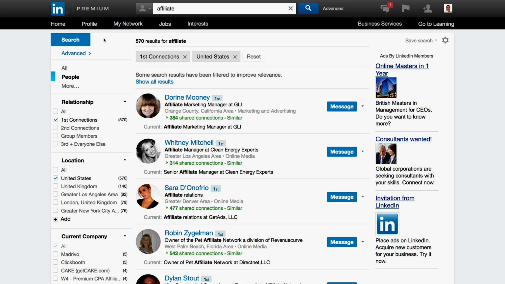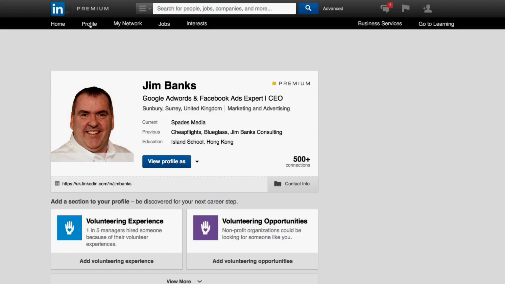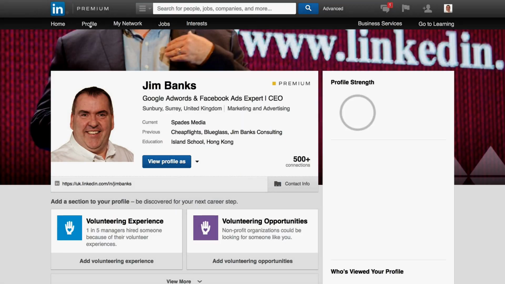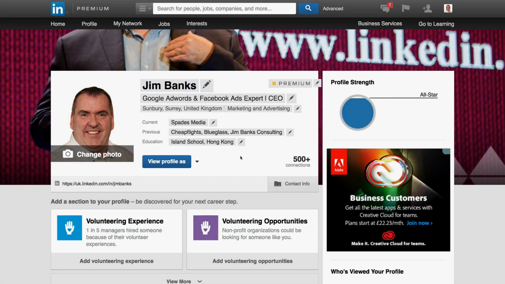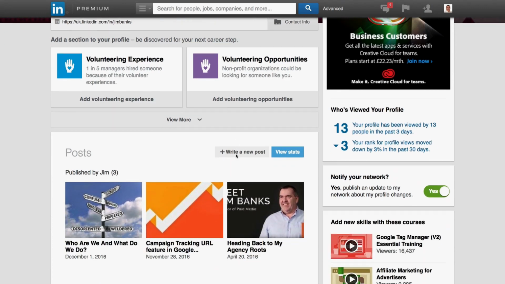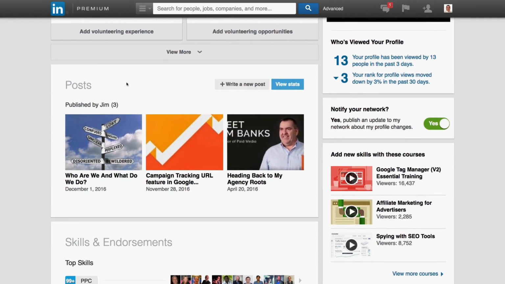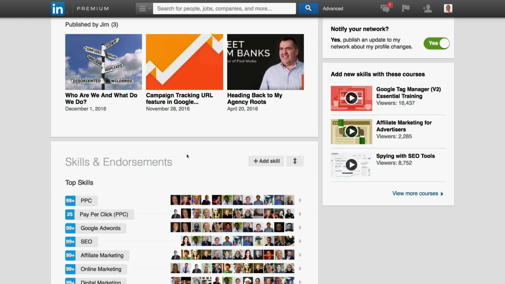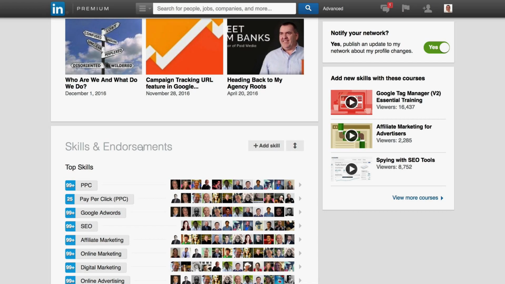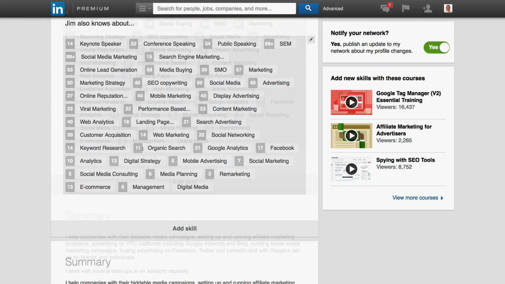What I wanted to do now is show you a little bit of information about profiles. I know there's been a lot of stuff coming out lately about some of the information. Again, I didn't know if people were aware, but the information that appears on your profile, if you hover over it, you can see these arrows here. And you can drag them around to suit where you want them to be. So by default, the skills and endorsements usually appear right down the bottom.